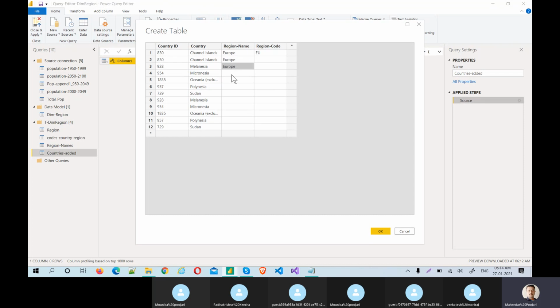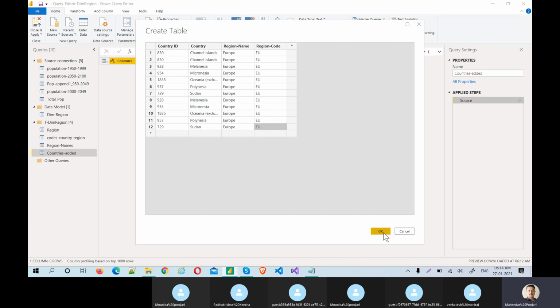If they give the clear information, that's perfectly fine. If not, I just don't want the data to be unhealthy, or we can remove the nulls also. That is also perfectly fine. If the end user is not clear, just remove these countries. That's okay. You can remove the nulls also if he is not bothered about these countries. But to understand our technical stuff, I'm just doing some workaround here. I'm doing control V, control V, control V.